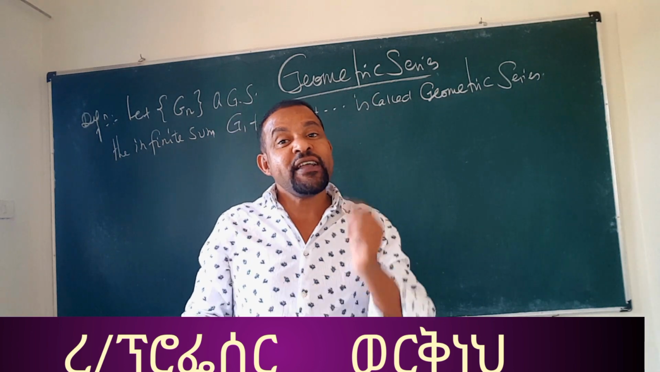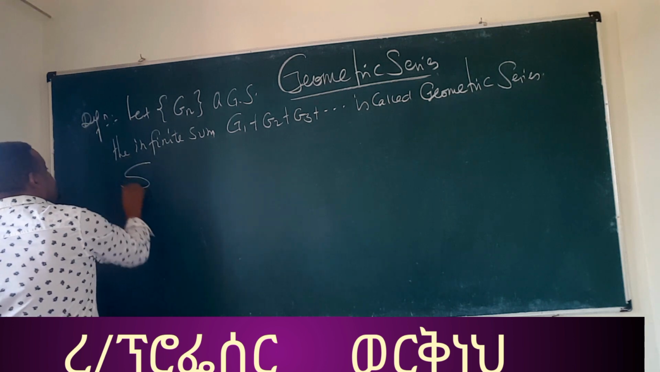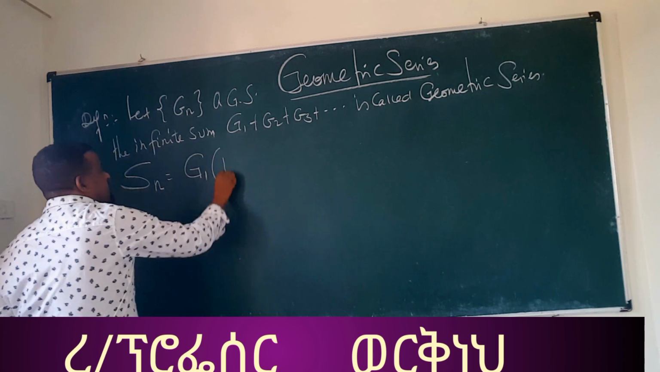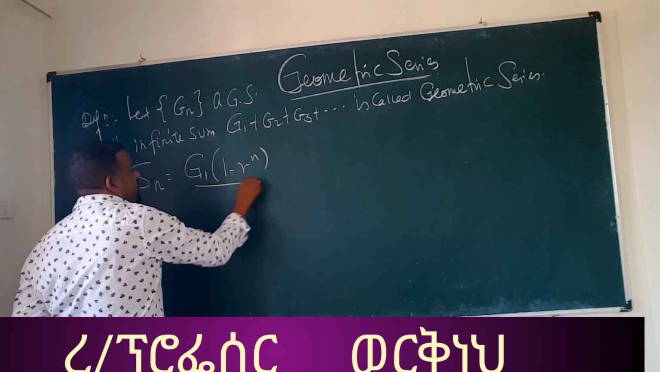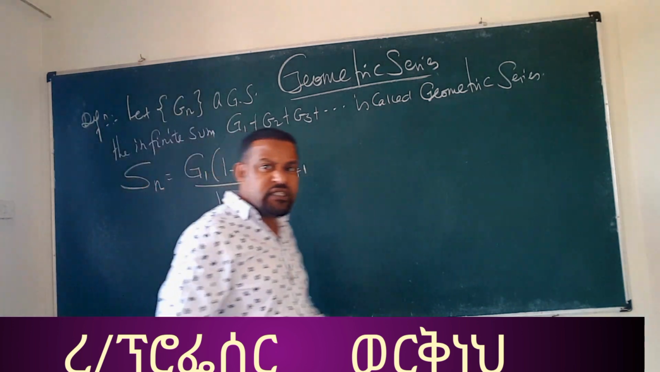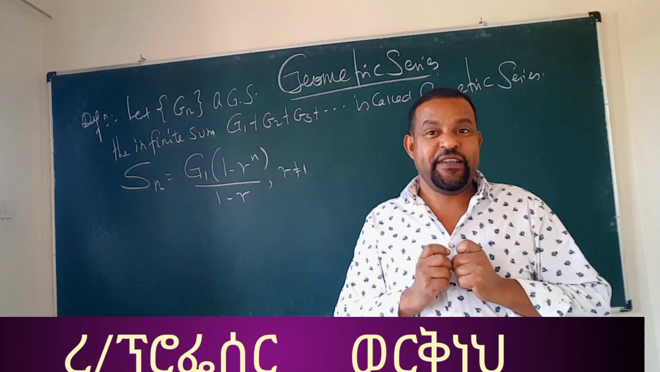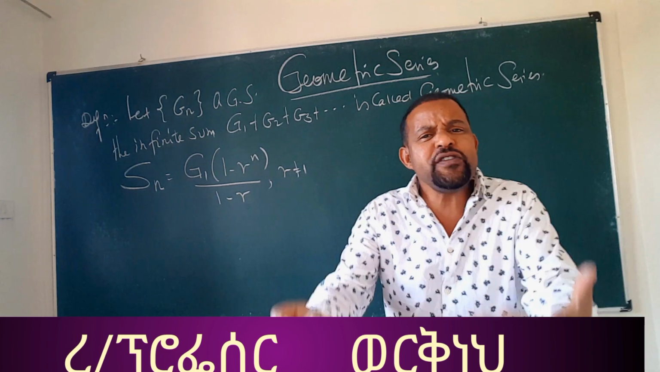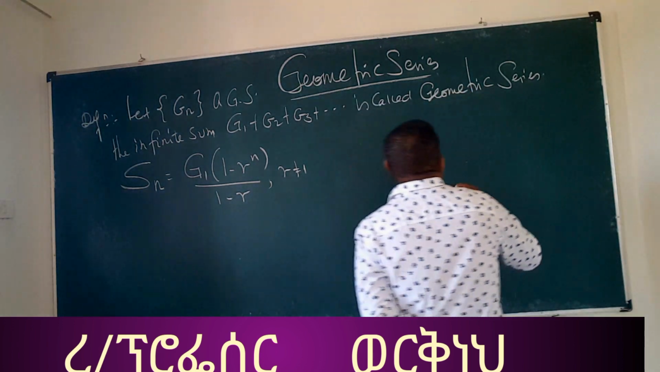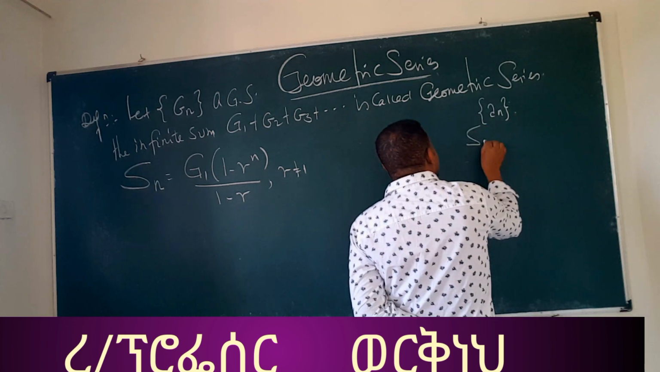So remember that the partial sum of a given geometric sequence is given by G1 times 1 minus r to the power of n over 1 minus r, of course, if r is different from 1. If you remember the definition of an infinite series, when do we say that a given infinite series is convergent? Given a sequence an and its partial sum